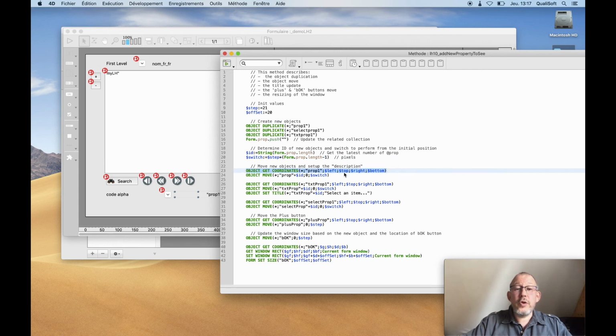I get information of the property 1, and I move the property $ID. Remember, I'm just here to get the information of the ID. So when I use the command object duplicate, the new one would be 2, the next one will be 3, the next one will be 4, and so on. Same exactly for the other one. So it's very easy to get the ID, and I will move